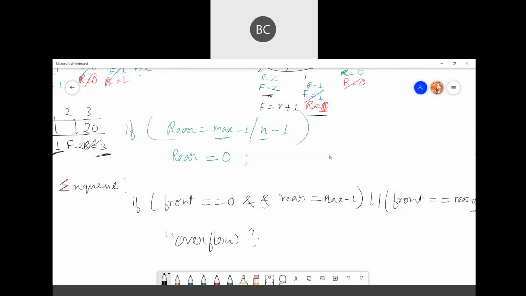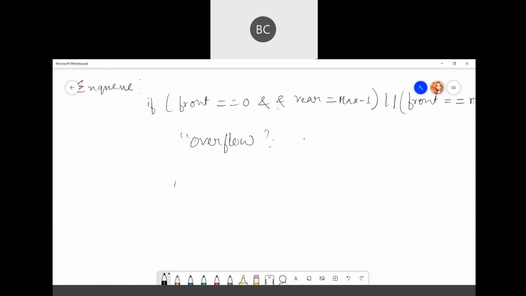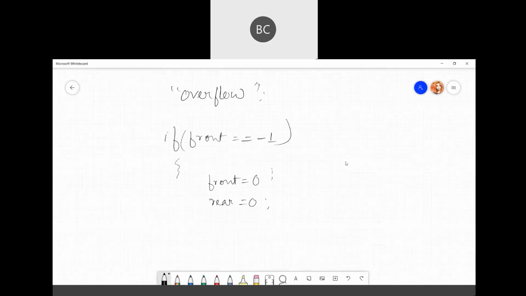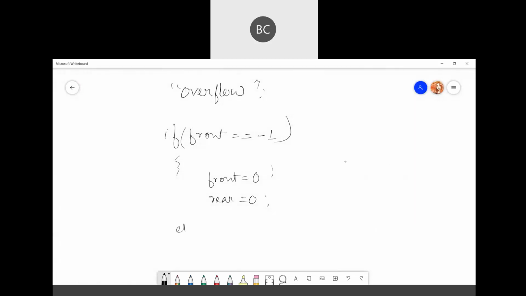So if it is not so, what do we do? Now if front equal to minus 1, that means what? Your queue is empty. If the queue is empty, we set the value of front equal to 0 and rear equal to 0. Correct? Then what's the other condition we check? Whether rear is at the last position. Correct? So what's the condition for that? Else